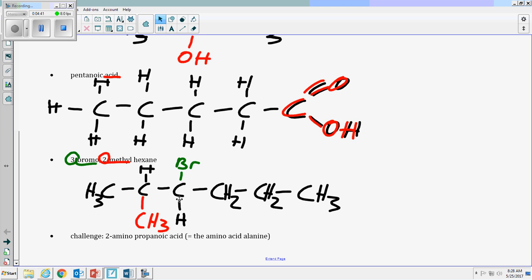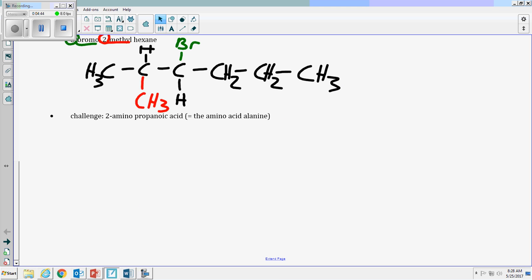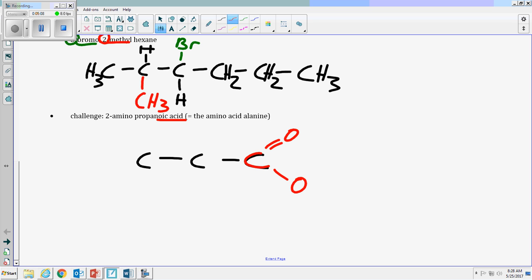Okay, let's have a look at that challenge. It says 2-amino-propanoic acid, which is the proper IUPAC name for the amino acid alanine. So propanoic tells us it has 3 carbons in a row. Then it has that acid combination, the double bonded O and the single bonded OH on it. But then it also has a 2-amino, so on the second you have an amine with